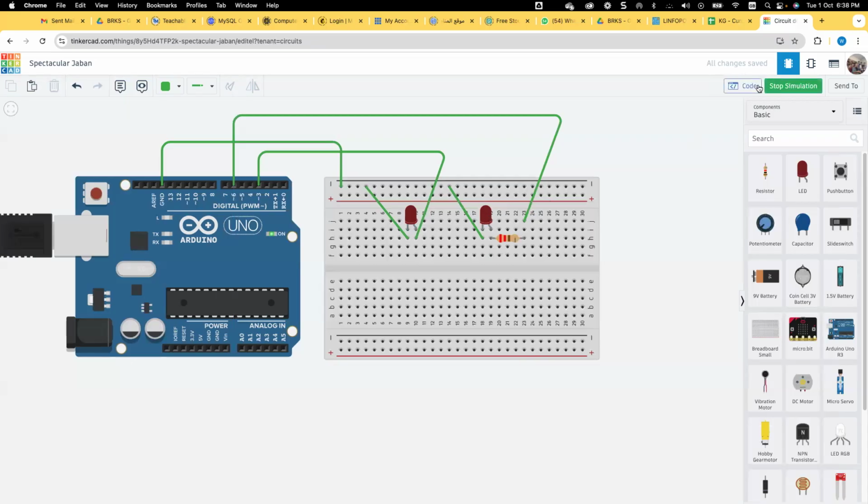So if I click on start now, you can see that this LED shows the exclamation mark, and this one is not showing because it's protected right now.